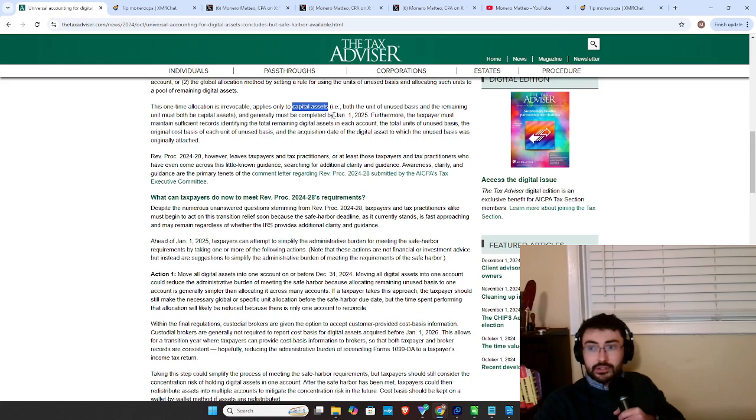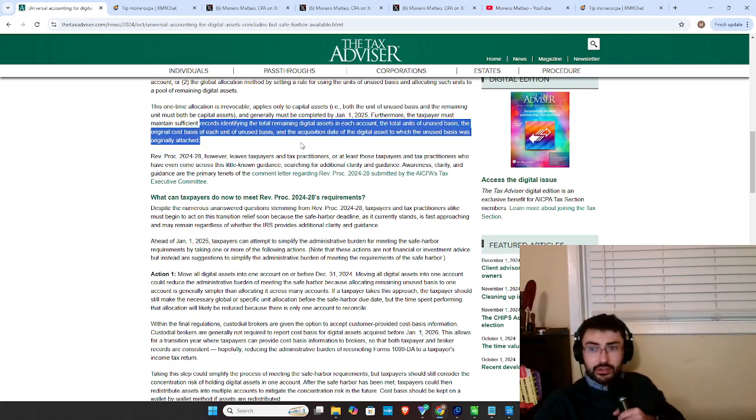Okay. And you have to do this allocation before January 1st, as I've said a few times. You must maintain sufficient records, identifying the basis basically of each account that you have, the total units of unused basis, and all the stuff, right? Okay. So basically, what this